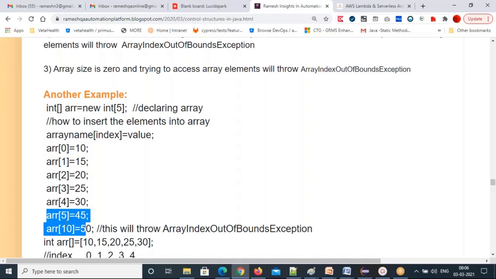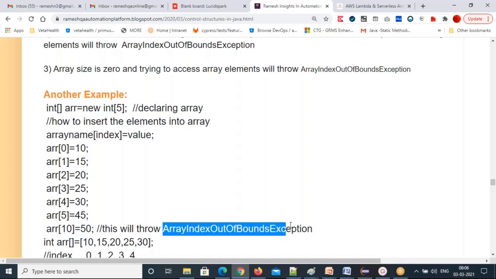Out of bounds. Array index out of bounds exception. Remember this class name. ArrayIndexOutOfBoundsException is the runtime exception class name.